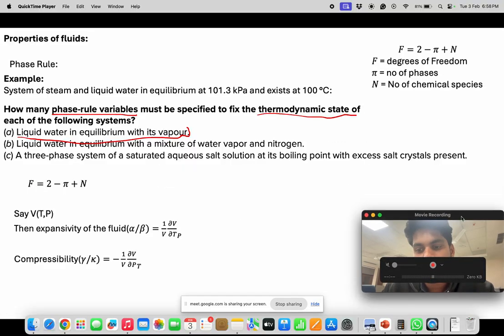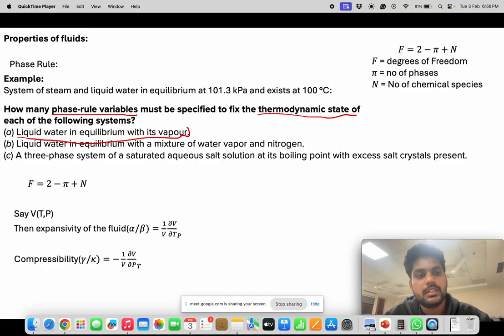Yes, sir. So if you understand, it will be very important to understand that if you are taking any phase rule, you need to understand before doing the system how you can apply the phase rule and how many variables you may need. So if I talk about liquid water in equilibrium with its vapor,